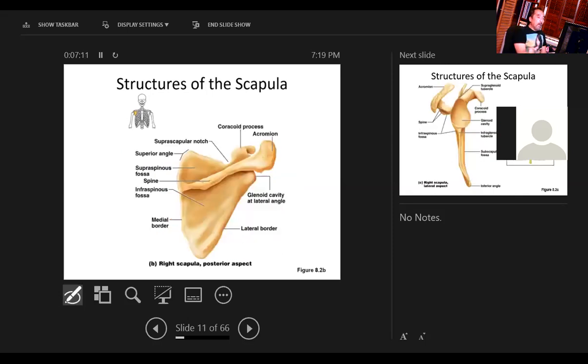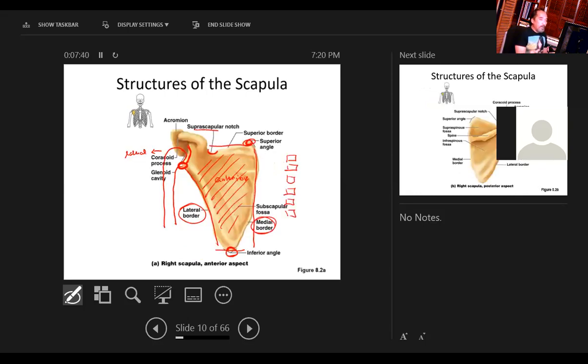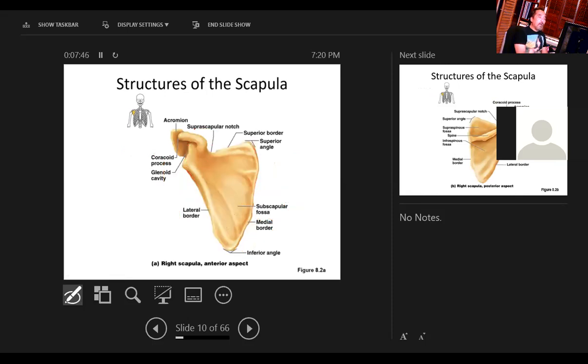On the posterior, okay, it has a spine. That's the reason why, if I see the scapular spine, that means I'm looking at the posterior part of the scapula. So I see my spine, that's the posterior part of the scapula. Now I'm able to know medial, lateral, superior, inferior, and then anterior and posterior. Okay, so I'm identifying that anterior part first. On the anterior part, I had an orientation on all the borders, angles, notch, and the glenoid cavity in